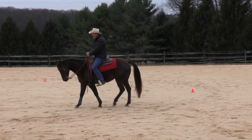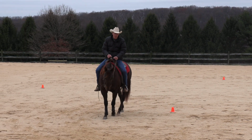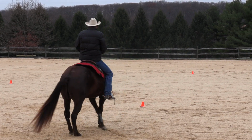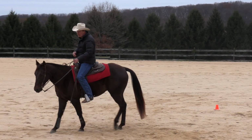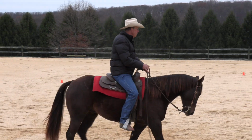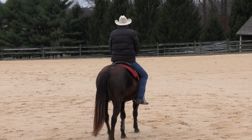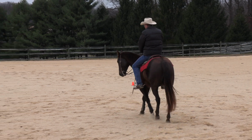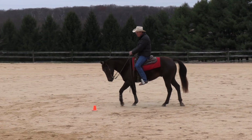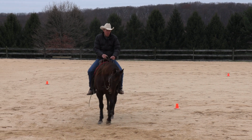What people tend to do, and I tended to do, is go to your point and then go past your point and past your point, and even if you're kicking, you're putting continued pressure on. Set yourself a point, pull to it, and send your horse after it with your legs. That way, you're not coming to your horse as you would with your hands. If you're going to your horse with your hands, you're kind of playing his game. Whereas if you pull to a point and use your leg,